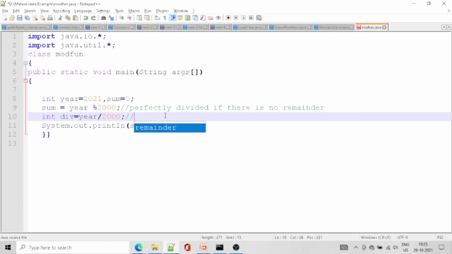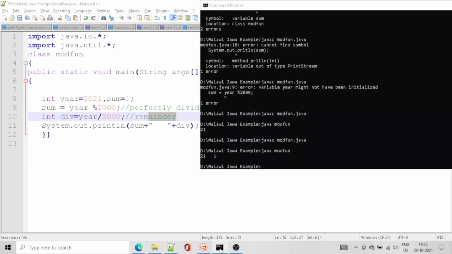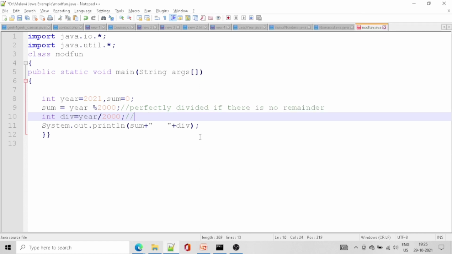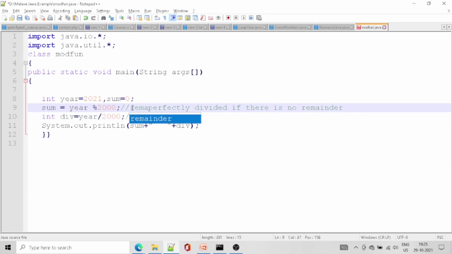It gives the remainder. The division symbol gives the quotient, and this gives the remainder. If it gives 0, then it is said to be perfectly divided.